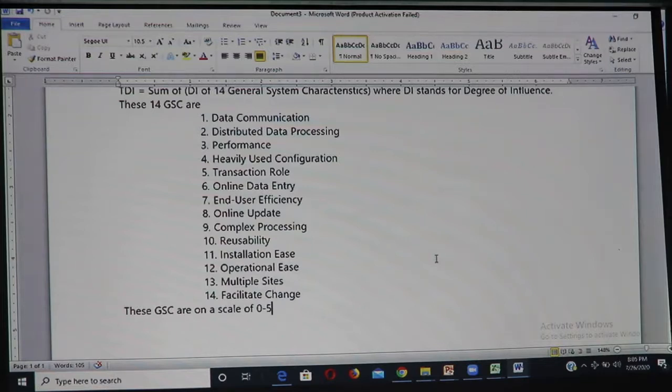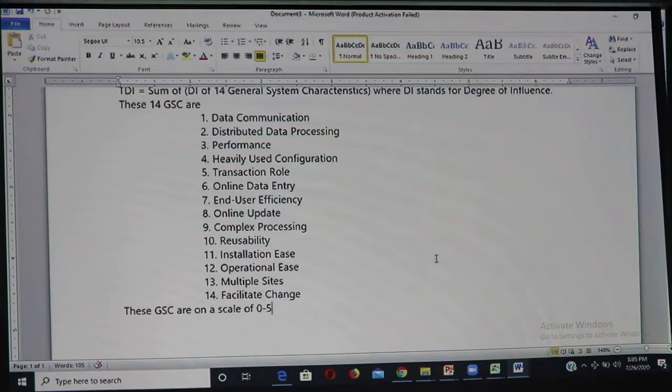Operational ease, whether the operational aspects are self-explanatory, whether there are multiple sites, and how changes could be facilitated. All these 14 general characteristics need to be scaled on 0 to 5, and you need to sum them all. If all 14 are complex and you rate them 5, you will come up with 14 multiplied by 5, and that's 70.